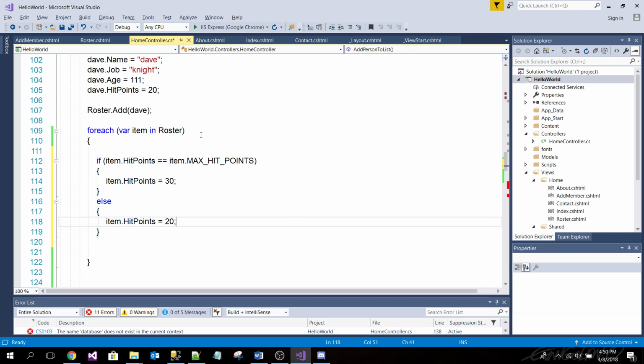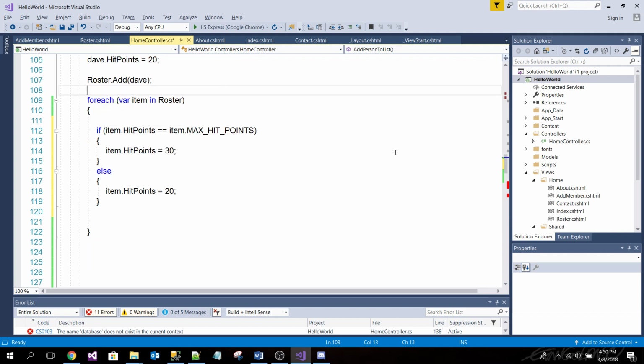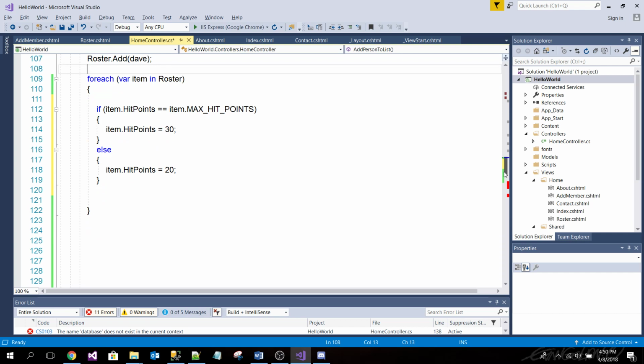Yeah, no, that's why I'm asking, because I'm changing this for now. Don't look at this right here. Okay, so if I were in this loop with item, let's say, so if item dot hit points equals 20, then they would go here, correct? Yeah. Okay.